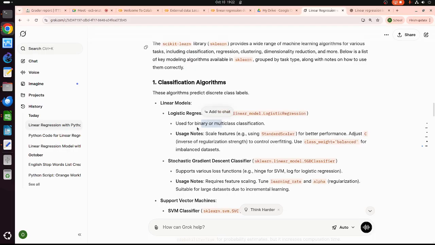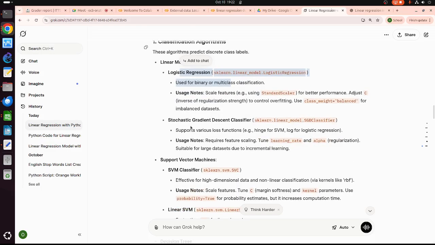If we have binary and multi-value classification, that's logistic regression. This is not linear; this is like only a few values. If we have many values, then I use linear regression. It's still called a linear model, but logistic is for classification.